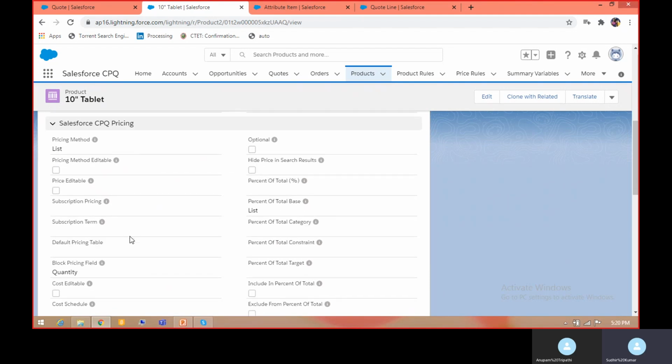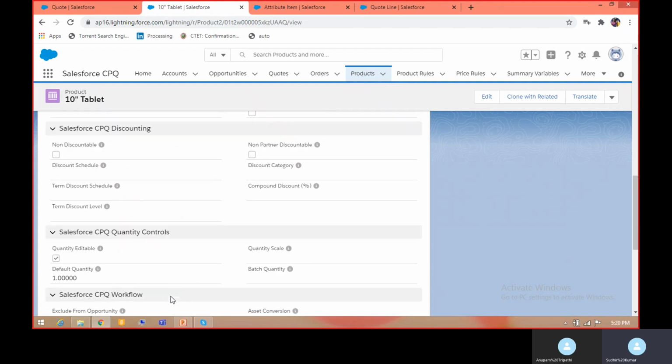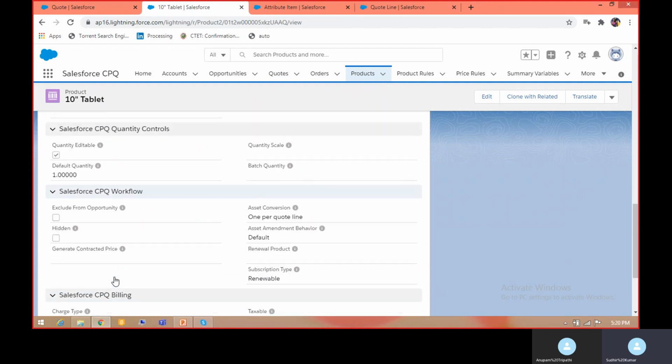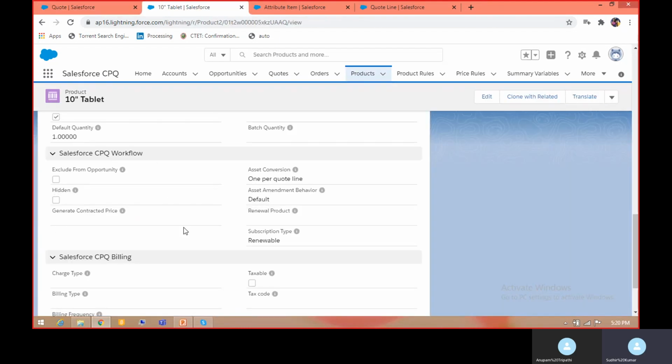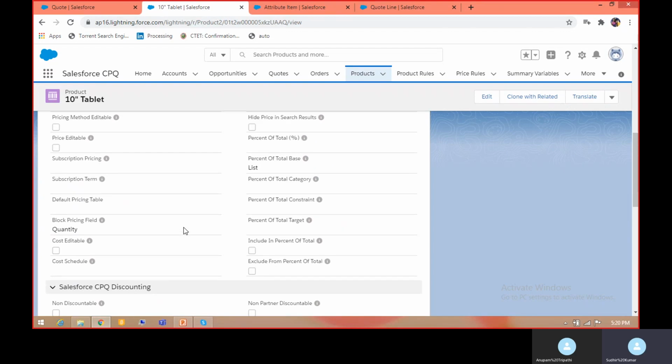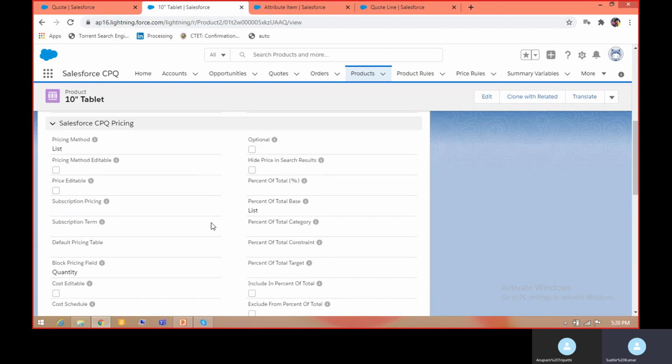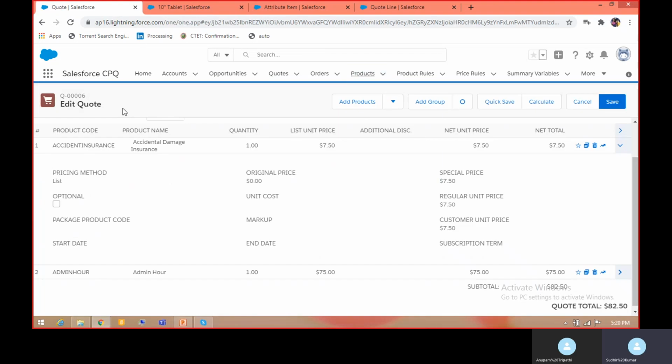So some values are coming from here, some may be coming from the price book. Let me search original price. Under pricing, optional, these are the fields which are being displayed over here. So these are from product fields.